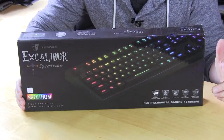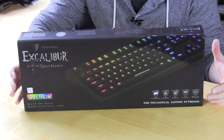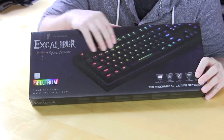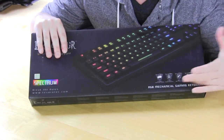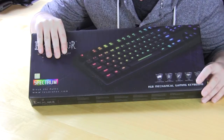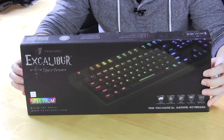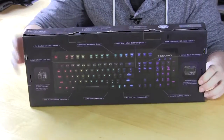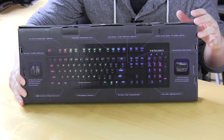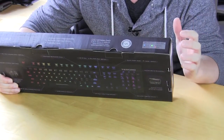The Excalibur Spectrum comes in a nice retail box. The box isn't that much bigger than the keyboard itself. On the front, it just shows the keyboard in action and lets you know some of the main features. Of course, the biggest feature is the RGB backlighting. On the back, it gives you a full overview of the keyboard and goes over some of the functions. And on the top, it's kind of hard to see, but it lets you know which mechanical